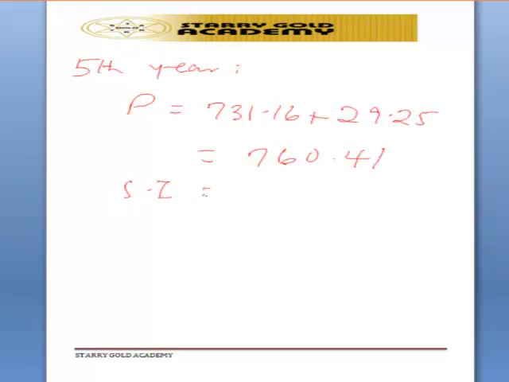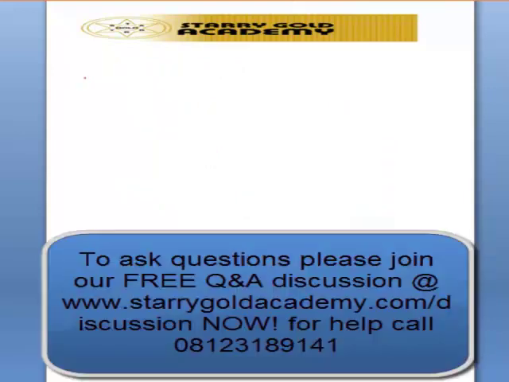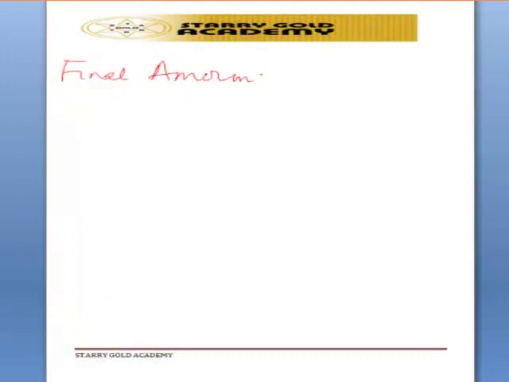So at that fifth year, simple interest is P times R times T over 100. And that's 760.41 times 4 times 1 over 100. This will automatically give me 30.42. So since we have 5 years and we have calculated for 5 years, I can easily get my final